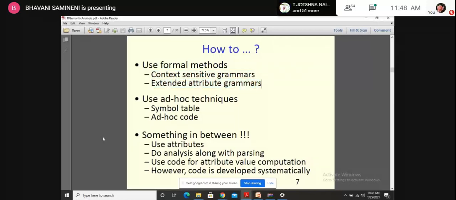Anyway, during the syntax analysis, there will be a CFG, right? So in the syntax analysis, we'll have context-free grammar rules. And if we are unable to answer some questions during the syntax analysis, then for the same context-free grammars, we'll be associating some grammars. We'll take help of the CSG and some of the functions defined in it, and in the same way we'll depend on the extended attribute grammars, which will give clarity for the productions we have defined in the CFG.